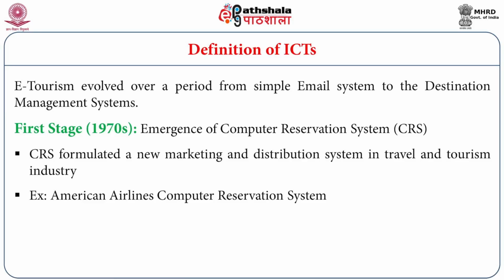So when I say CRS, each individual airline used to have their own ICT technology implemented, their own computer reservation systems, which means that, for example, if you go to an American Airlines booking office, you can't book a British Airways ticket because the American Airlines CRS involves only American Airlines tickets and not the other company's tickets and information. So companies operated in silos during this period of the evolution. A popular example is the American Airlines computer reservation system.